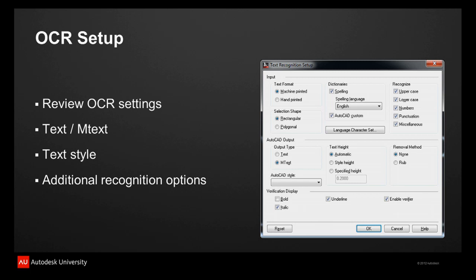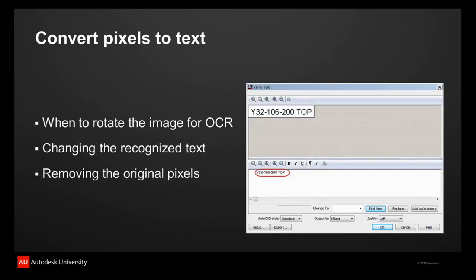You can specify a style if you want to, if you've got any styles loaded. If you leave it blank, it will take your current default style. All right, and then basically some additional options for bold, italic, underline, etc. So once those parameters have been specified, you can then just select OCR and go and draw a rectangle. I'll be with you in a second. You can go and draw a rectangle around the text that you want to go through the OCR